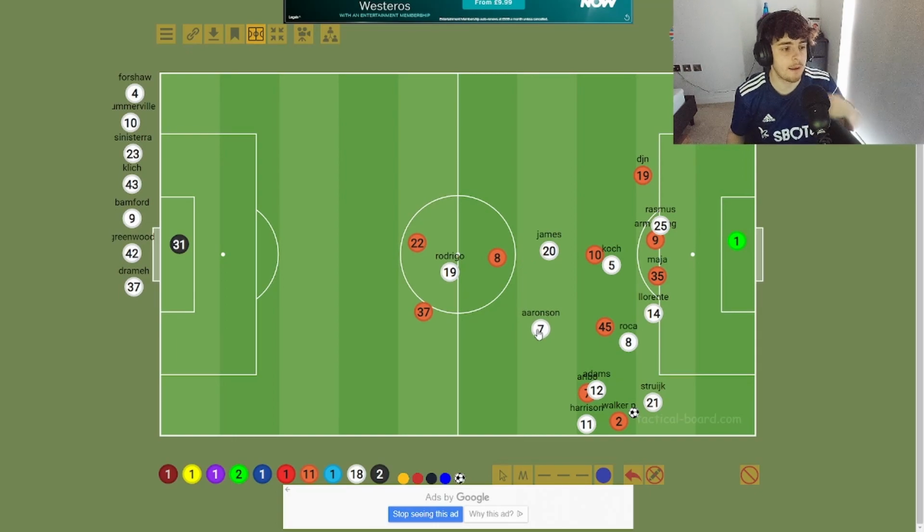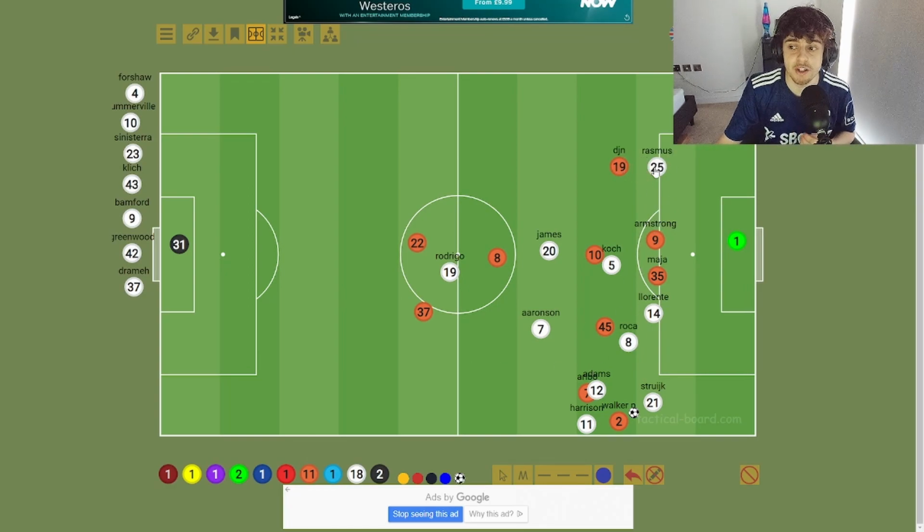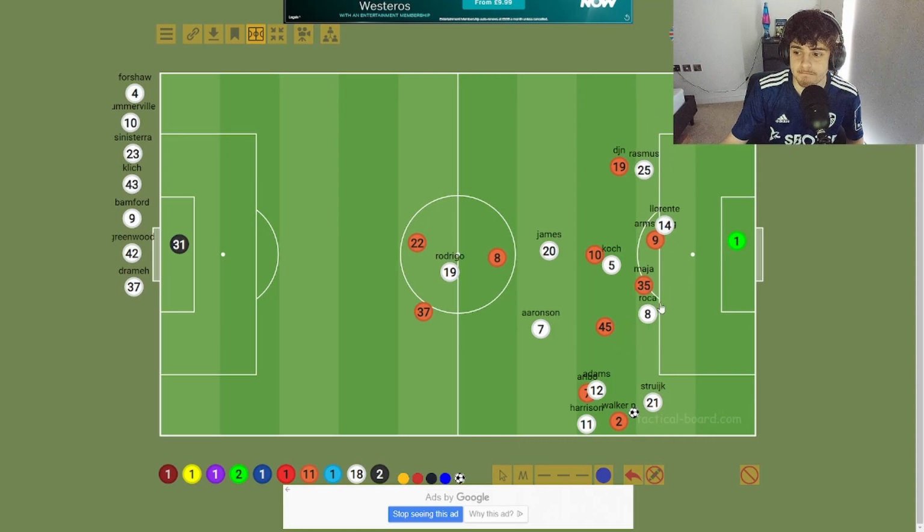So then you've got to adapt. Right? And this was during the drinks break. So then you've got to think, all right, they were already causing problems. And then they brought on another attacker in Madja. I think Leeds were linked with. So then you've got to, and you can't just do it in 30 seconds.